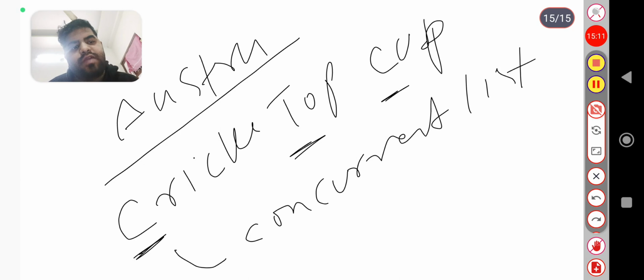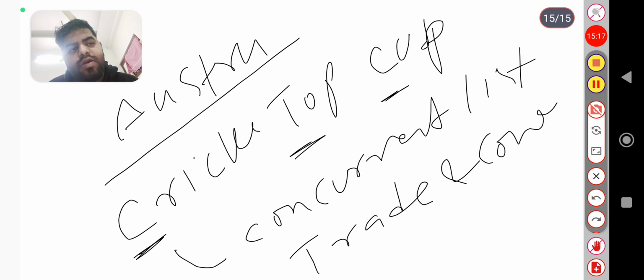T for trade and commerce. So Australia, it related with cricket, top, cup. C for concurrent list, T for concept of the freedom of trade and commerce, and